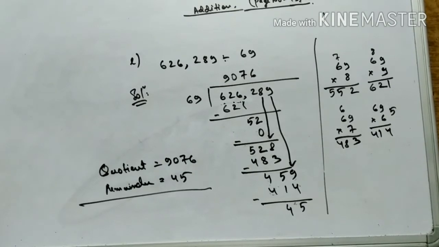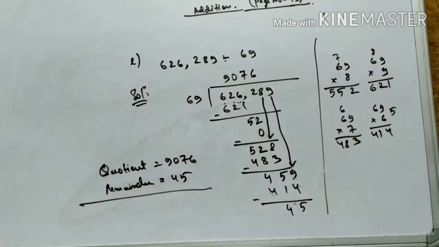These are all revision. Your first unit is a revision exercise. First unit was about numbers, but most of the things you have already got in your lower classes: predecessor, successor, place value, greater than, less than, expanded form, write in words, understand? Then addition, subtraction, multiplication, division, already these things you have learned in lower classes.